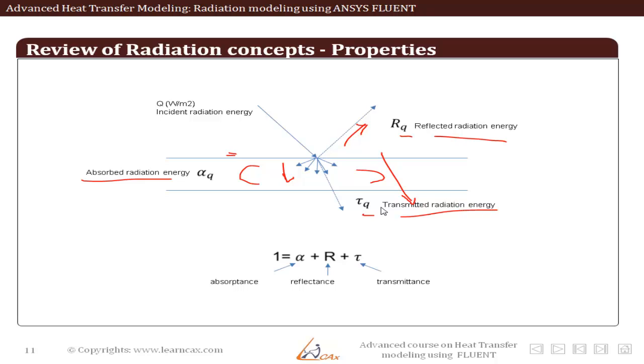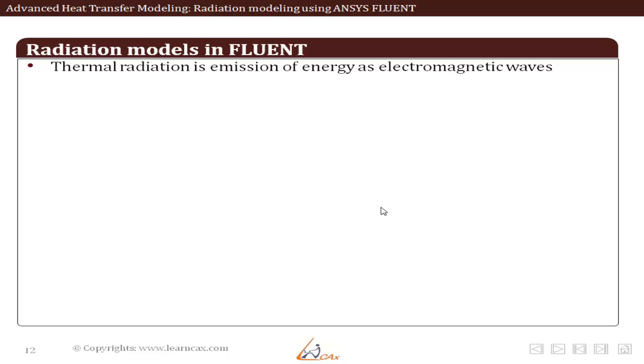We have discussed the fundamentals of radiation till now. There are many more concepts related to radiation, and if you would like to study in detail, any fundamental heat transfer book, like the one by Incropera and DeWitt, would be recommended. So now that we have reviewed fundamental concepts, let us move on to radiation modeling in Fluent software. We will first study some introductory concepts of radiation modeling. Then we will see how to set up a radiation model problem, and finally we will see details of important radiation models in Fluent software and boundary conditions related to radiation.